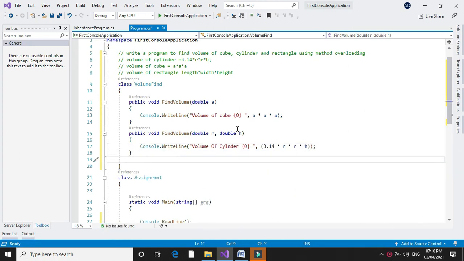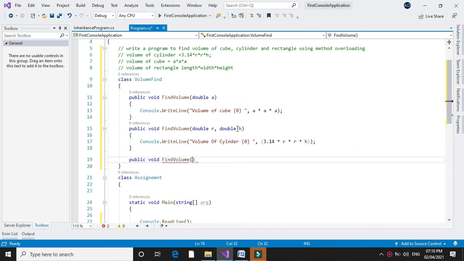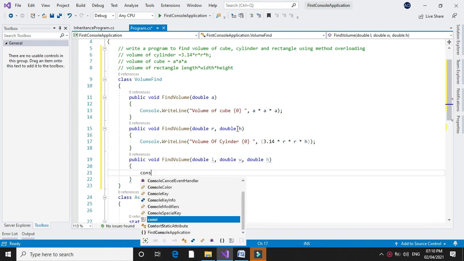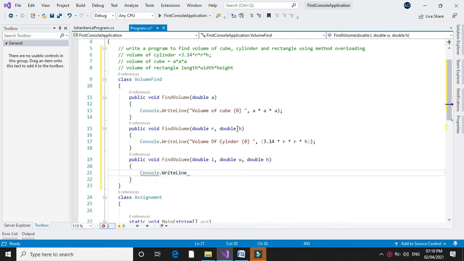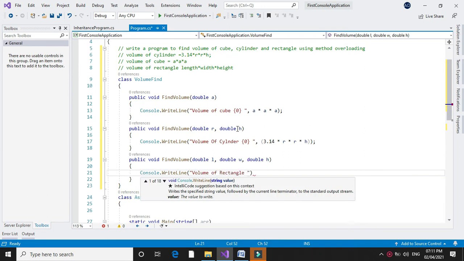Now we will write method for finding volume of rectangle. So public void FindVolume. For finding volume of rectangle we need three parameters, that is length, width and height. So I will declare variables for length, width and height, and in Console.WriteLine we will write L into W into H,